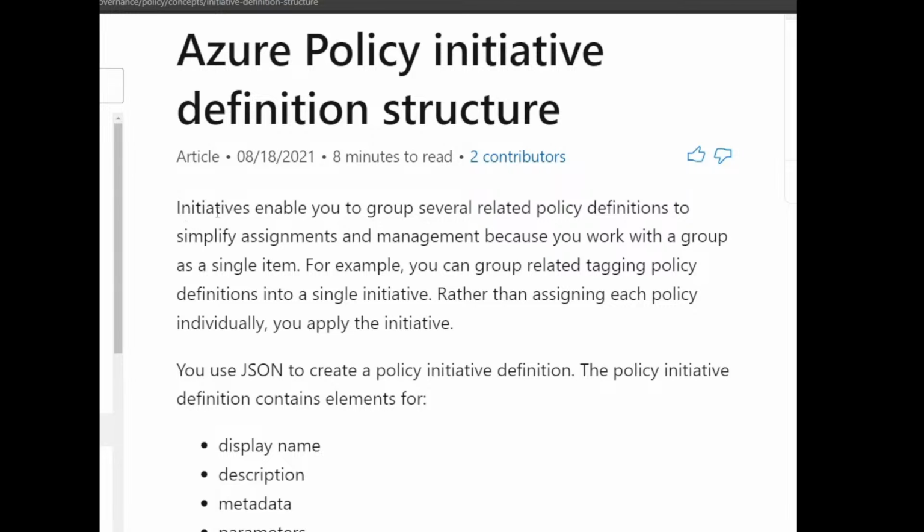Sorry guys. Initiatives enable you to group several related policy definitions to simplify assignments and management because you work with a group as a single item. For example, you can group related tagging policies.